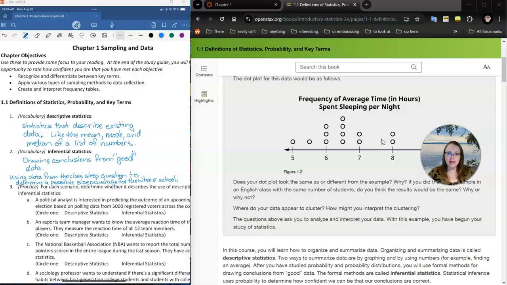If I could do that, I could get descriptive statistics that describe what everybody told me. But because I can't ask everybody, I'm going to have to use data to infer something about a group that I can't get descriptive statistics on. So the difference between descriptive and inferential: descriptive describes existing data, inferential uses those good descriptive statistics and statistical methods to make predictions or draw conclusions